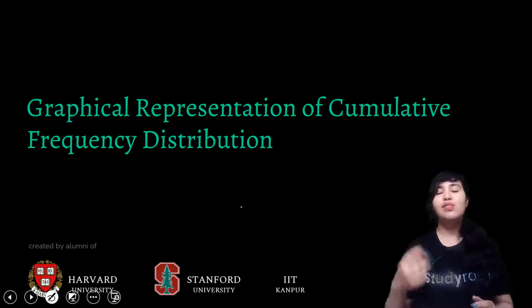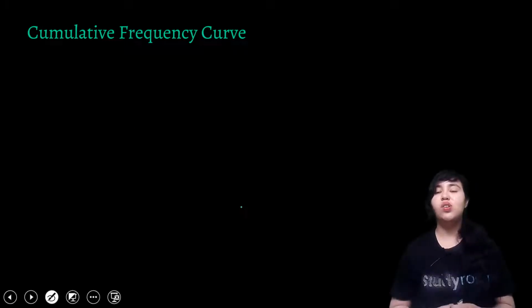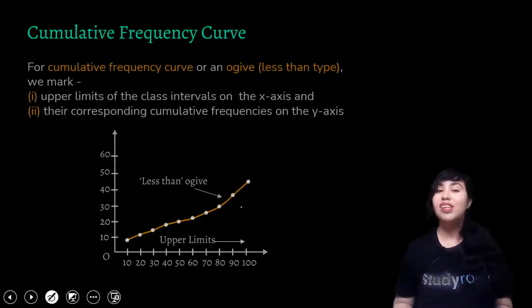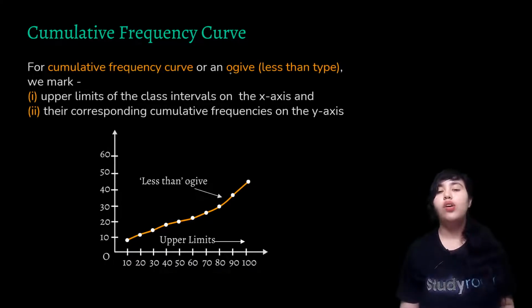Now we make use of cumulative frequency distribution specifically for median, and we saw that the table having XICF values is called the cumulative frequency table. Now this table can be used to plot a curve also, and that curve is called the cumulative frequency curve or an ogive. Okay, it's pronounced like ogive. So here, how do we make this curve?